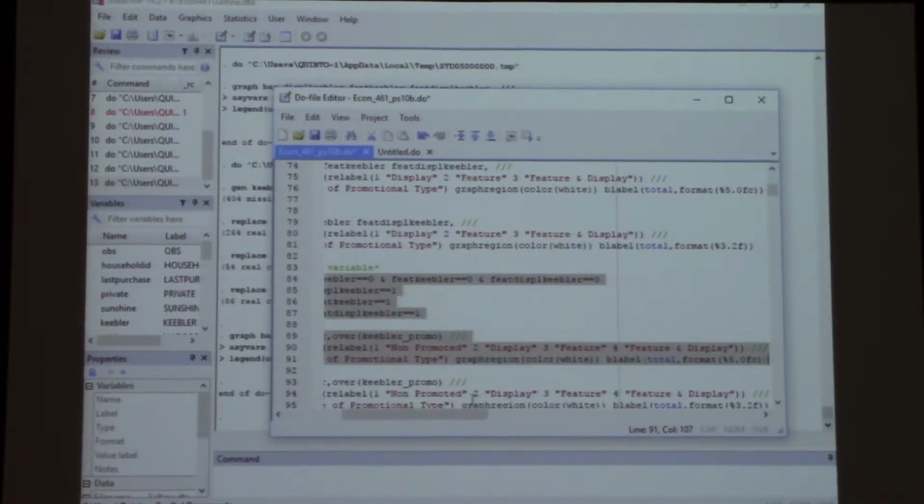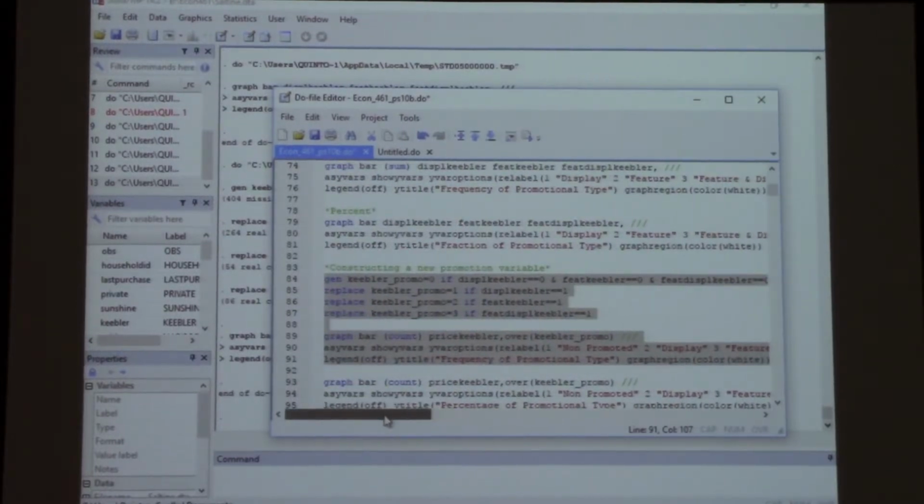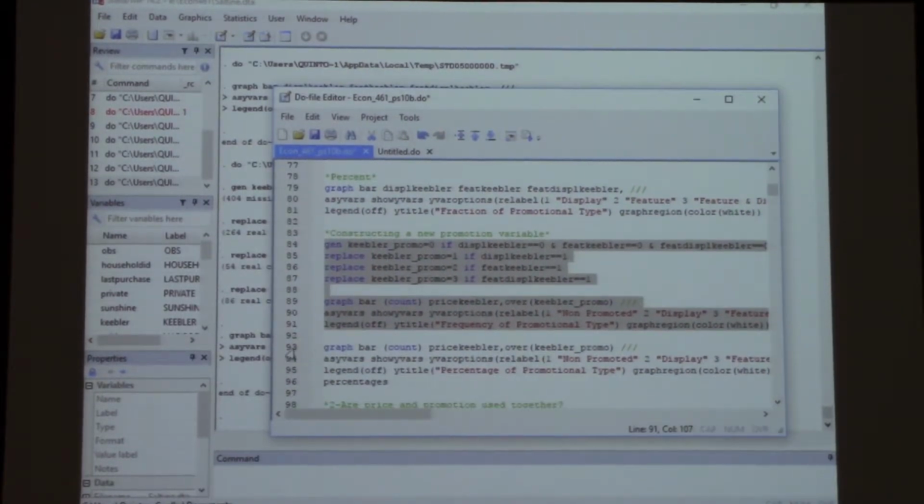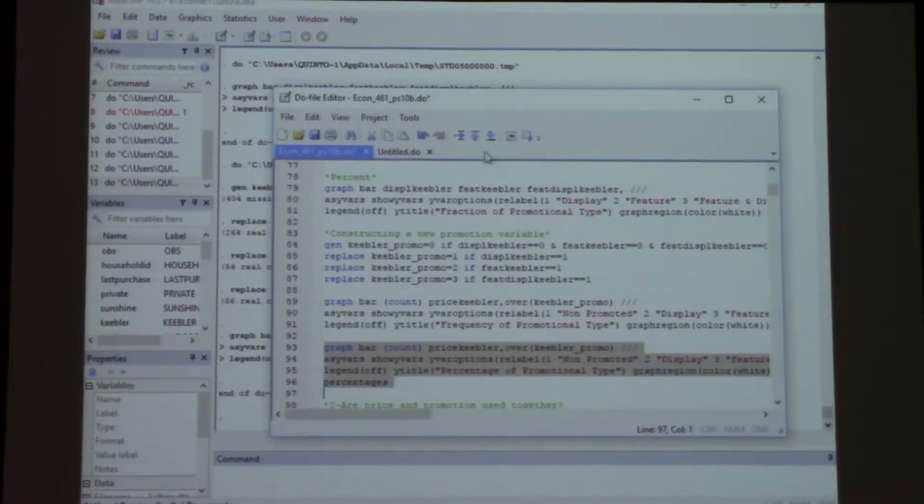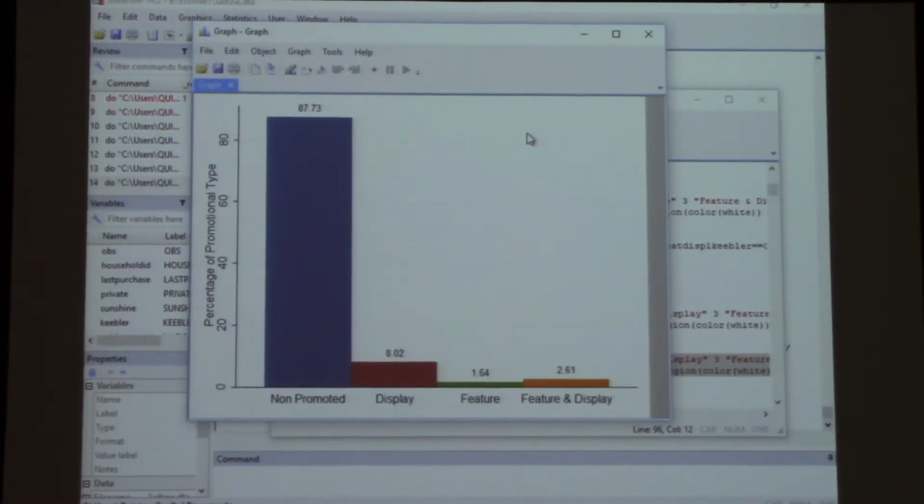So sometimes when we're not getting the graph we want, we need to construct a new variable. And this was a pretty easy solution to that. Yeah, about 8%, and then 1% for feature. So again, a very small number of times for feature. It's not surprising that we got some wacky results for that, because we just don't have a lot of observations